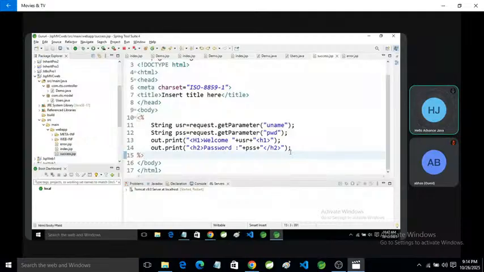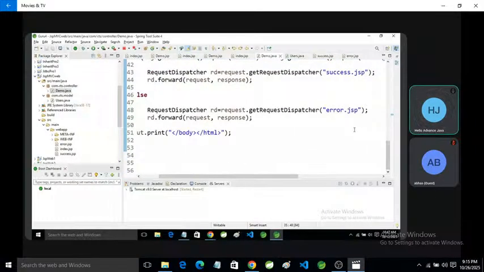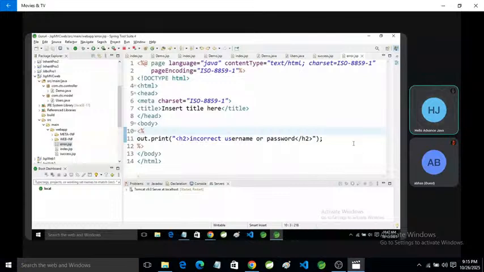If the condition is false, error.jsp should execute and it will show that the username and password are incorrect. Now I'm going to execute it.